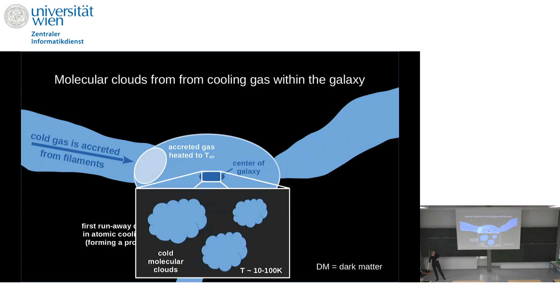So if you zoom then into the galaxy, the actual way it happens is that you won't have one homogeneous soup, but you have a very turbulent medium in which you have clouds. So in this case, they're cold molecular clouds. And in these cold molecular clouds, you will form stars. So basically, the interstellar medium, as we call the medium within the star-forming region in the galaxy, is very turbulent, has some hotter components and cool components, and basically has here the cold molecular clouds where the stars form.